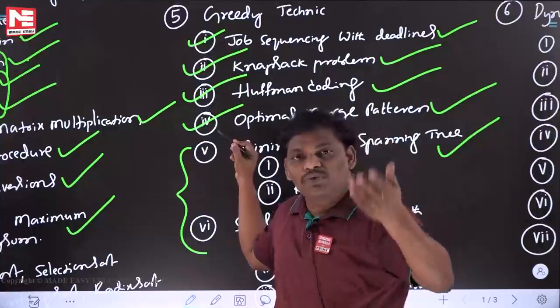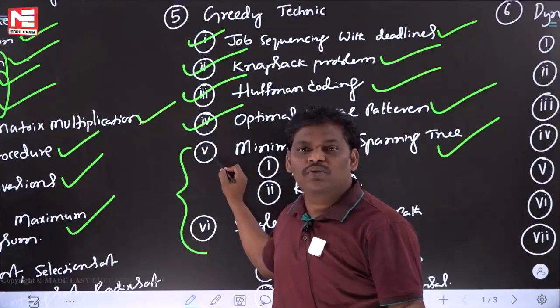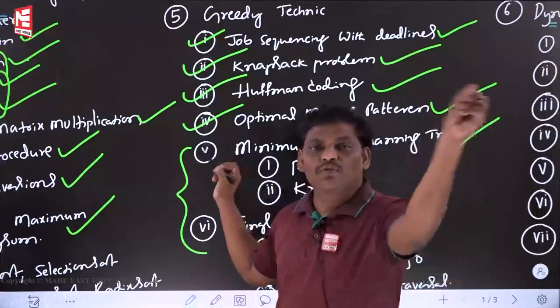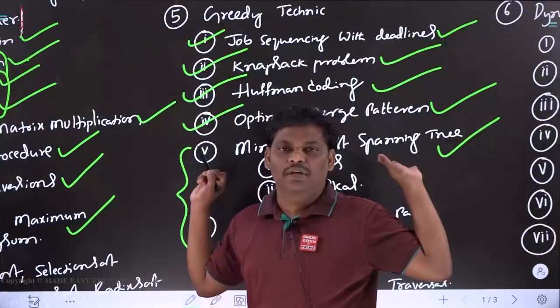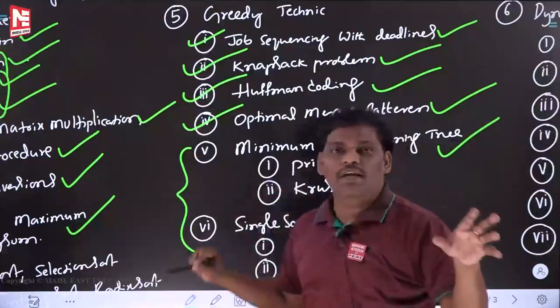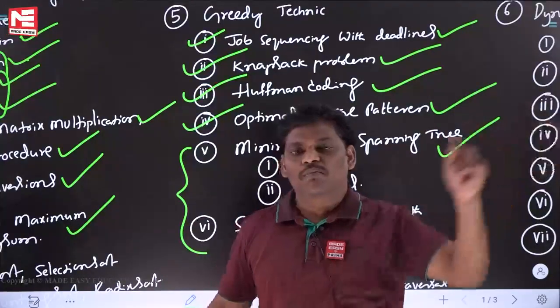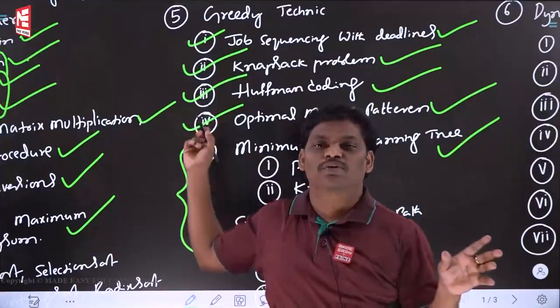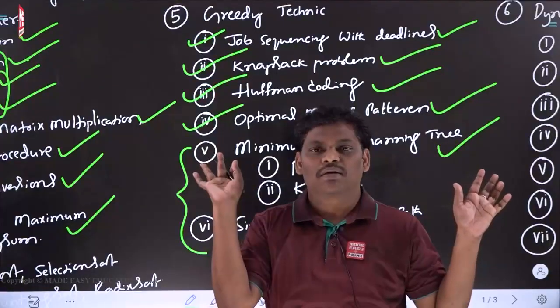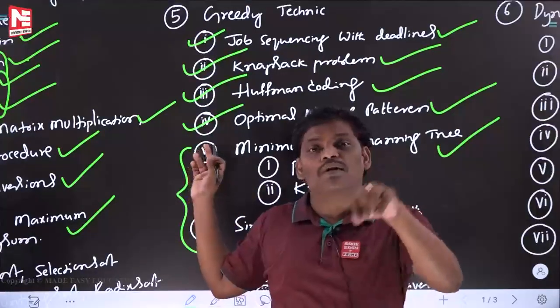Next, suppose after completing this, you still have a doubt, just Google it out. On YouTube, type something like Prim's algorithm. You may see so many videos. But before going to those videos, please be comfortable with these videos. If there is one small confusion, try to clarify it here.